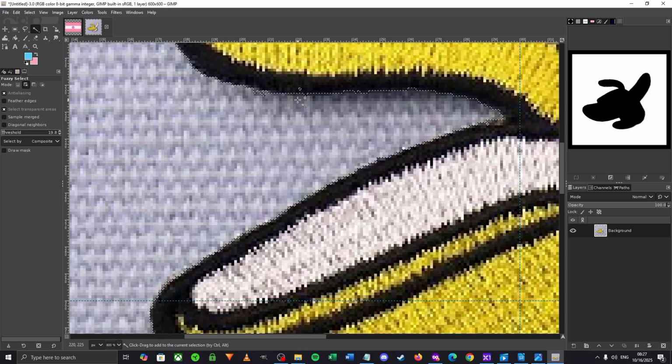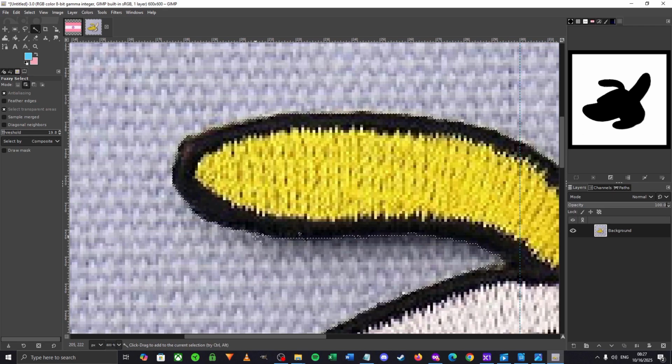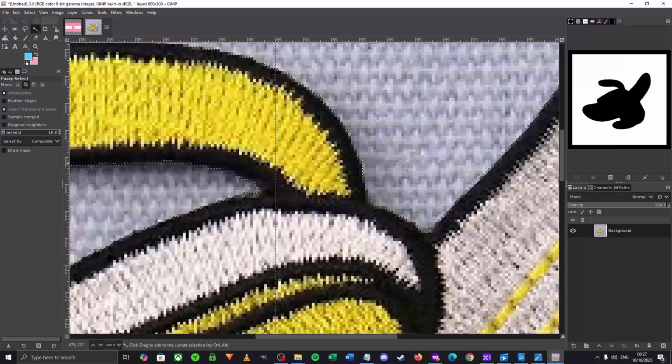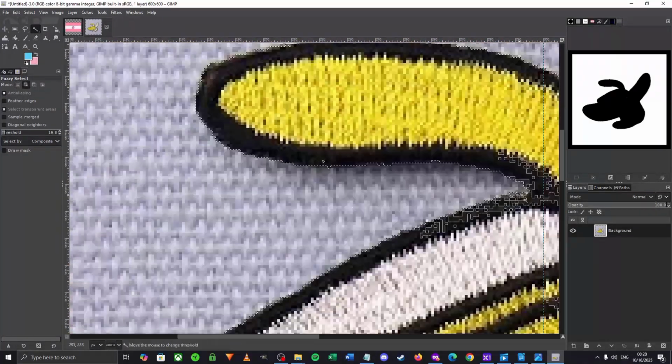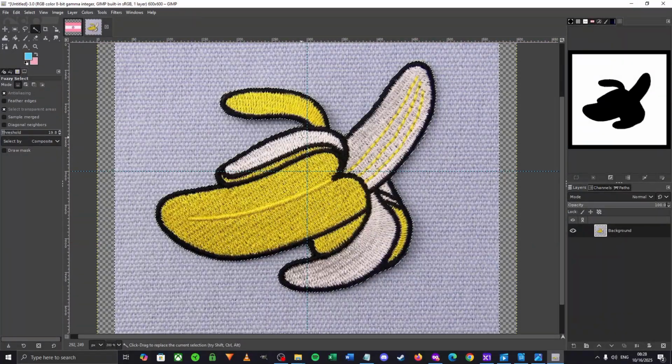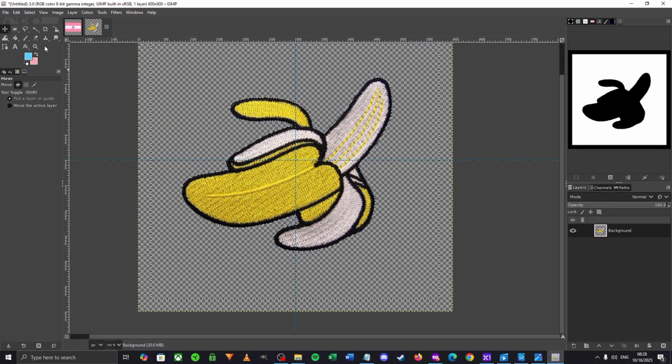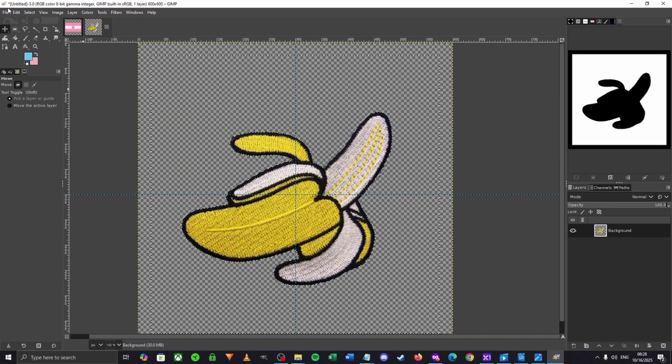If it moves the selection to the border of the patch, then you've succeeded. Now move around the patch and keep clicking on shadows until there are none left. Now simply delete the background. And you're done. Now you can just create your normal map, and remember to flip both images before putting them